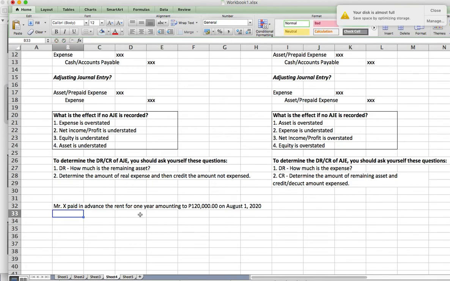Question. On December 31, prepare adjusting journal entries. Question number 1, prepare adjusting journal entry. Question number 2,